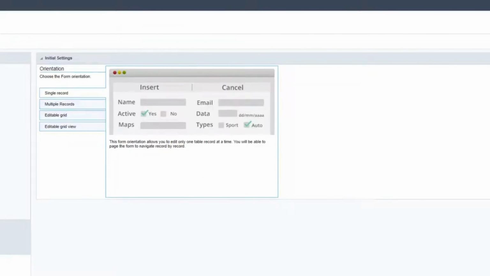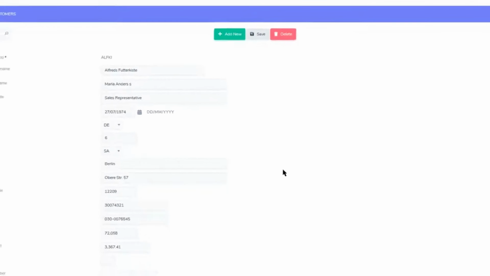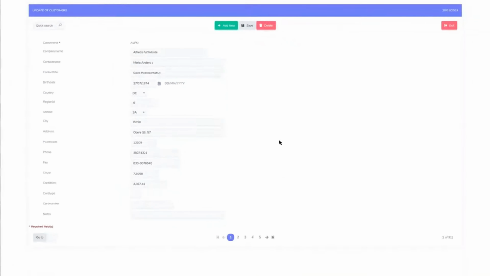Now, if I run the default, we can have a brief reminder of what the default form would look like for this table within the samples database. So we have here our basic fields, we have some address fields, some card information, and the standard layout that we have with the form application and most Scriptcase applications.